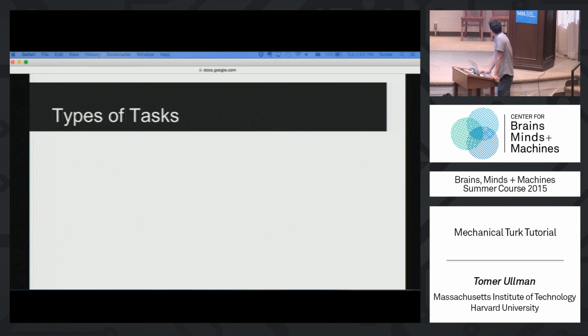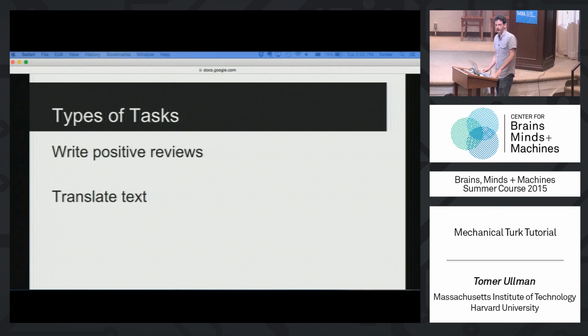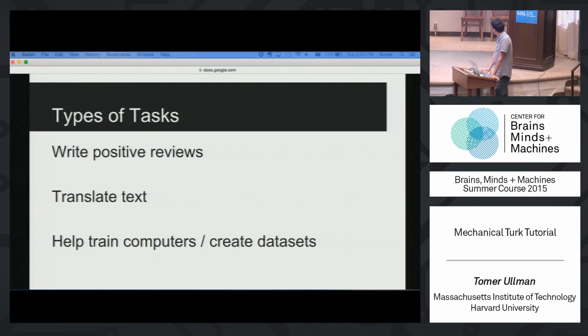Okay. So, what sorts of tasks do people run on Amazon Mechanical Turk? Well, actually, the majority is not psychophysics or psychologists. There are a lot of companies using Amazon Mechanical Turk to do things like, hey, garner positive reviews for us. Go to this website and write something nice about our product. Or, translate some text for me instead of hiring some professional to do it. There are a lot of people on Amazon Mechanical Turk that can probably translate something for you from English to Spanish and back, English to Chinese and back, things like that. And they can do it for much less money than you would need to pay a professional translator.